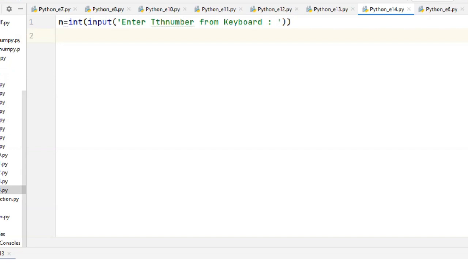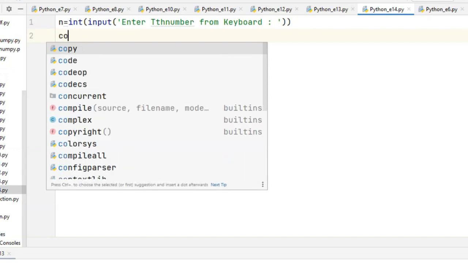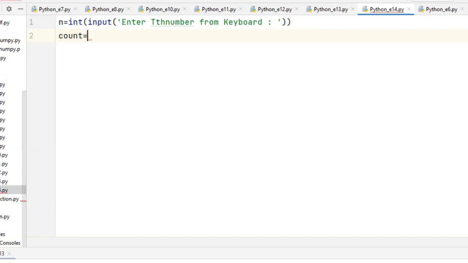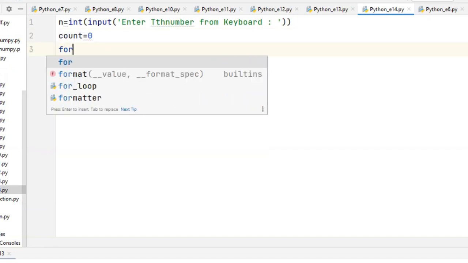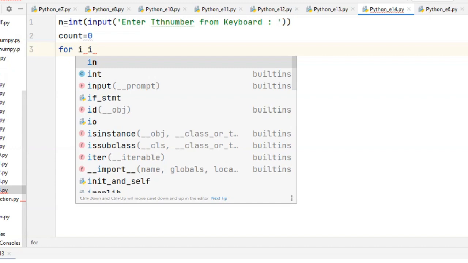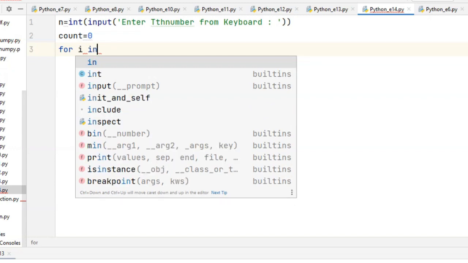Now, count equals 0. Count equals 0. Yeah, I can say like this: for i in range,